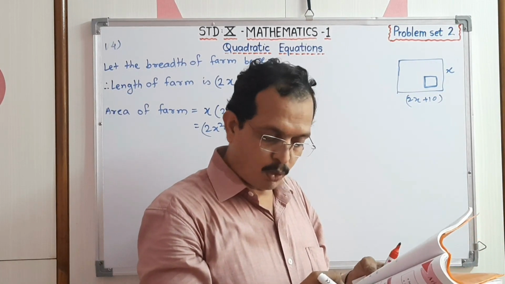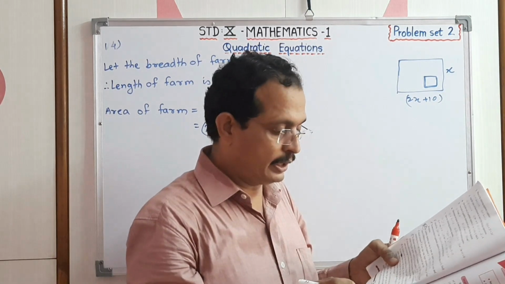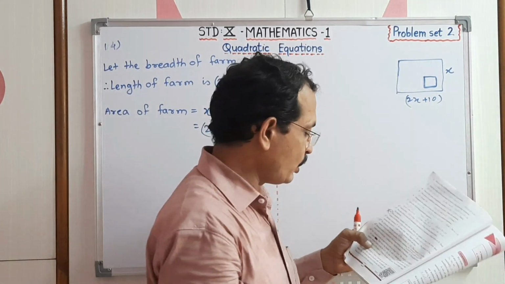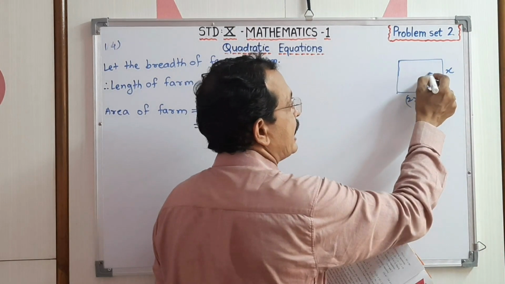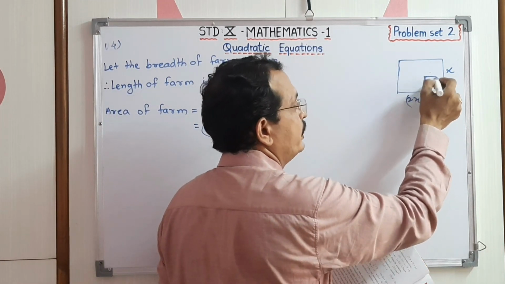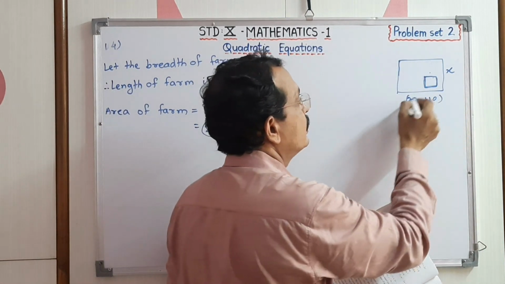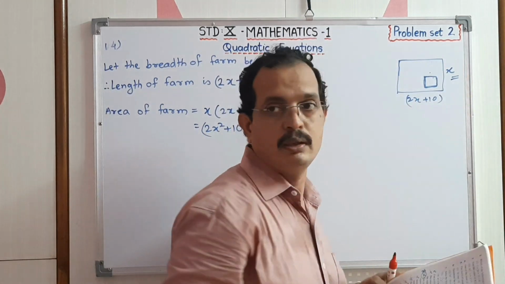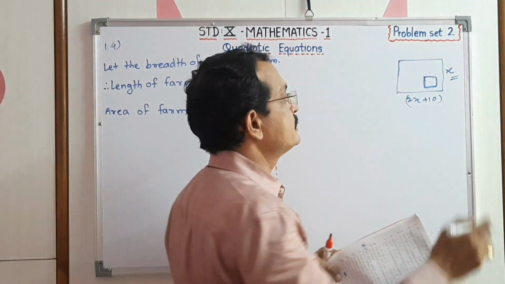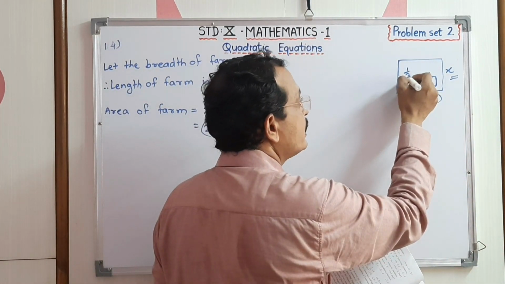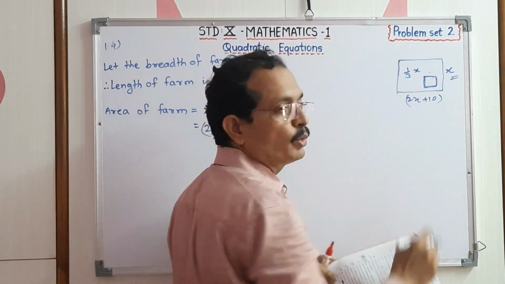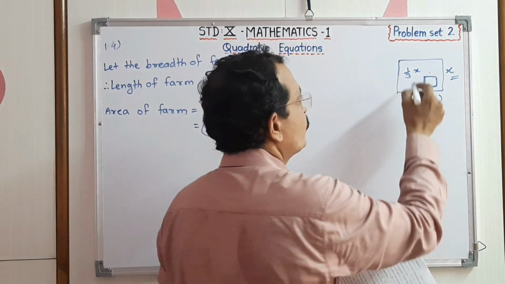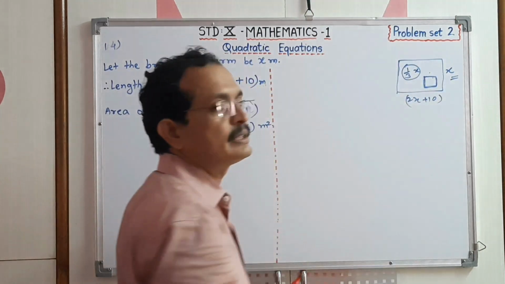The side of the pond is 1/3 of the breadth of the farm. That means the side of this square pond depends upon the breadth of the farm. That is, it is 1/3 times the breadth, that is 1/3x. Therefore, 1/3x is the side of the